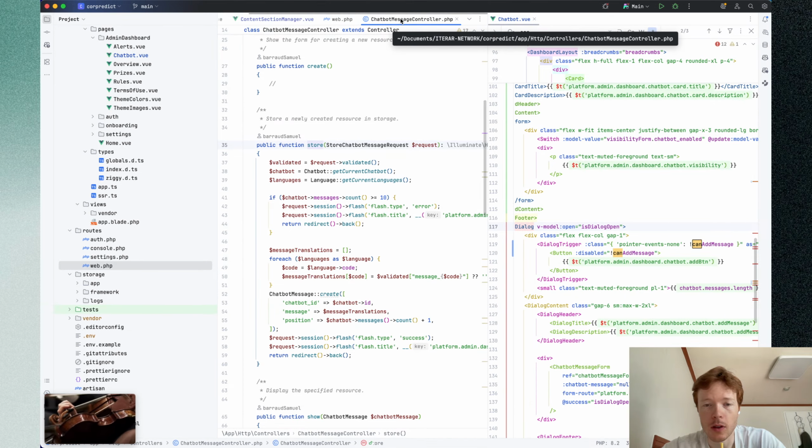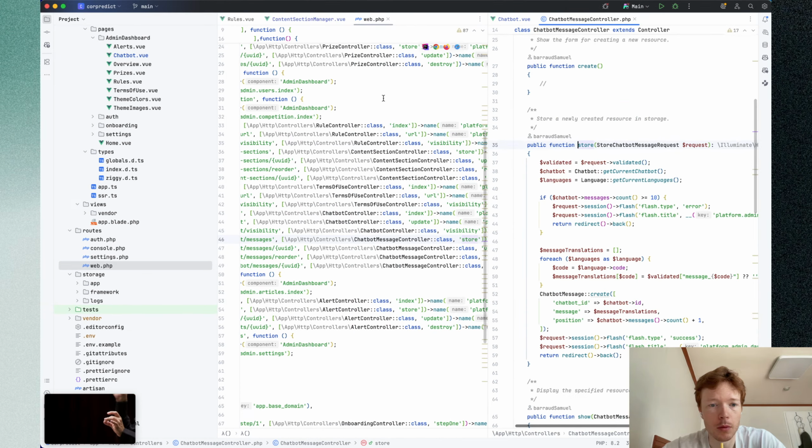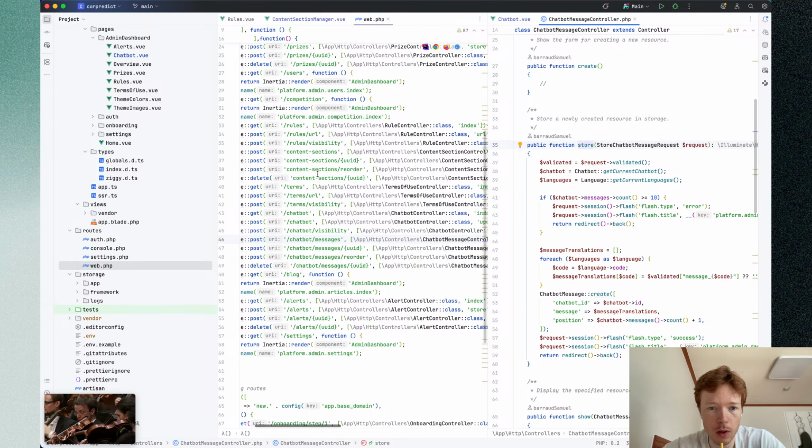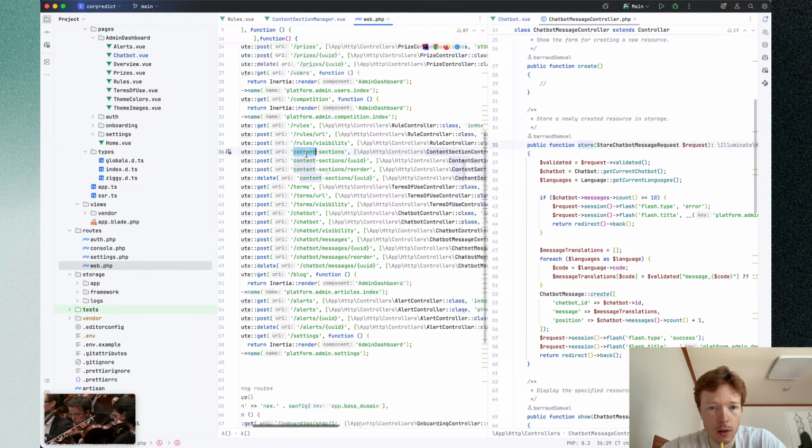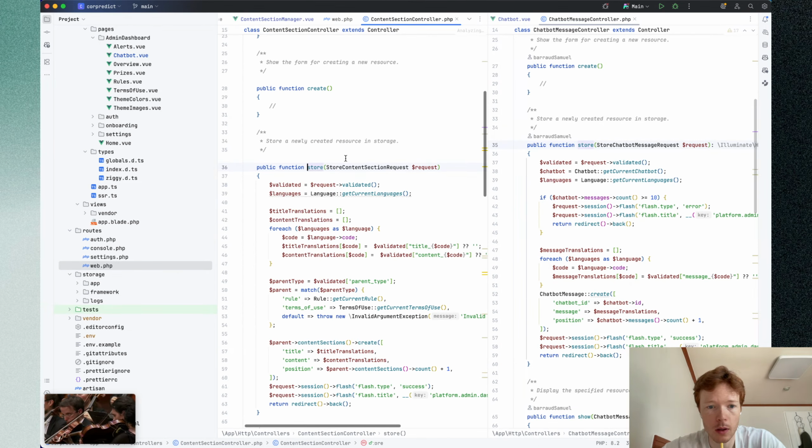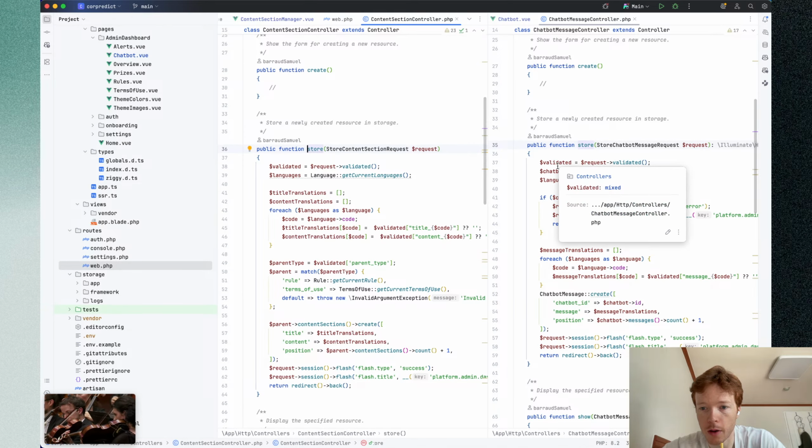So we have to do the exact same thing for that. Boom, boom, boom, boom. To add a content. We can add this and just verify if